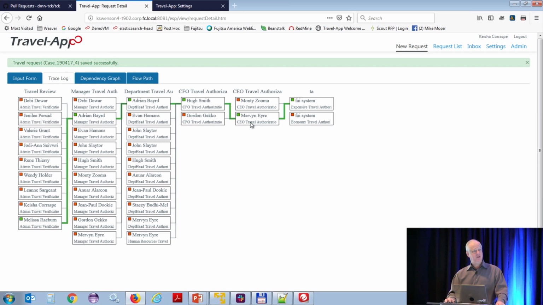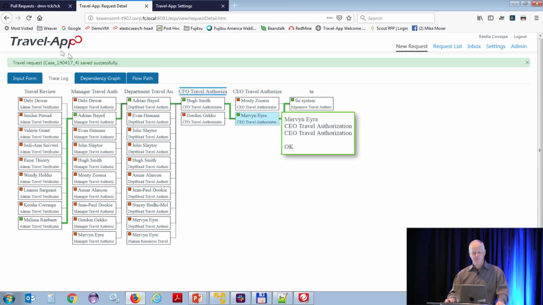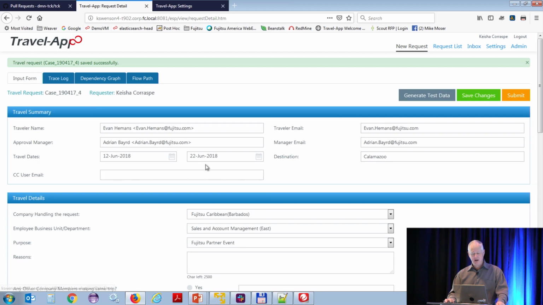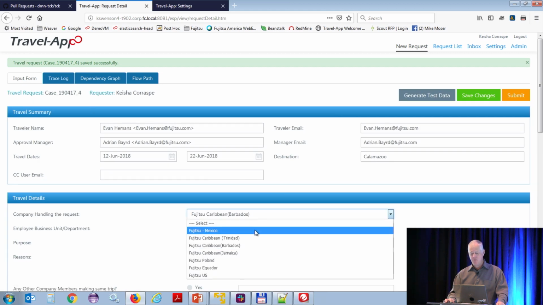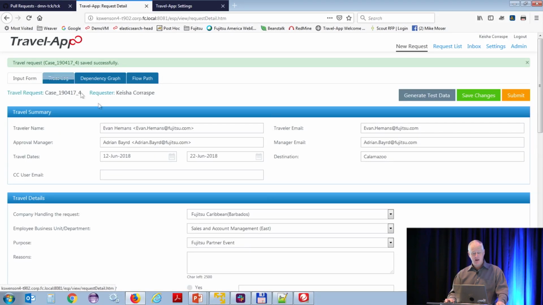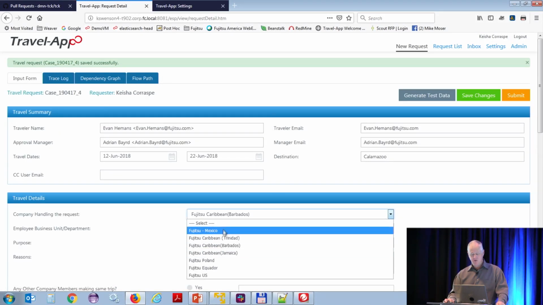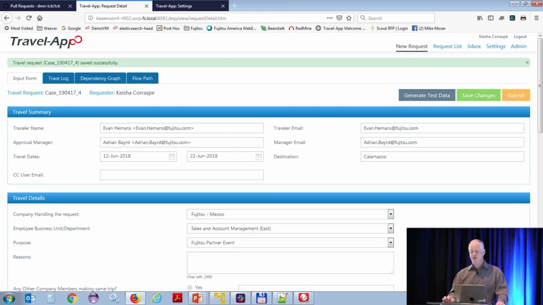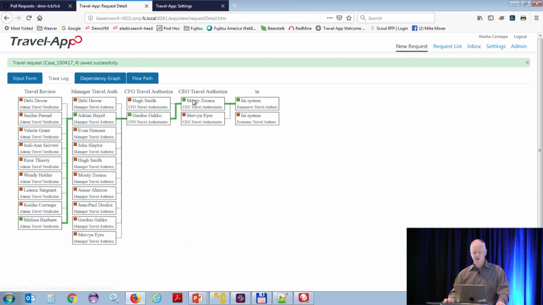And this also depends on some other attributes of it. For example, in this case, we're going with the Caribbean. But if we go back to the import form and we change it from the Caribbean to Mexico, look at this closely. We have 6 columns here. So if I change this from Caribbean to the Mexico organization, remember their process was a little bit different. Now the trace log is only going to have 5 columns, because we've effectively removed a task from the process, because the Mexican organization doesn't require department approval, so there's no departments there.